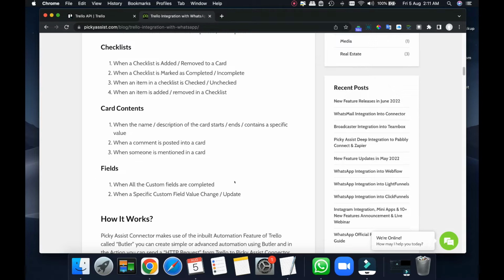Then custom fields, if there are any changes. Custom fields are only for paid accounts of Trello.